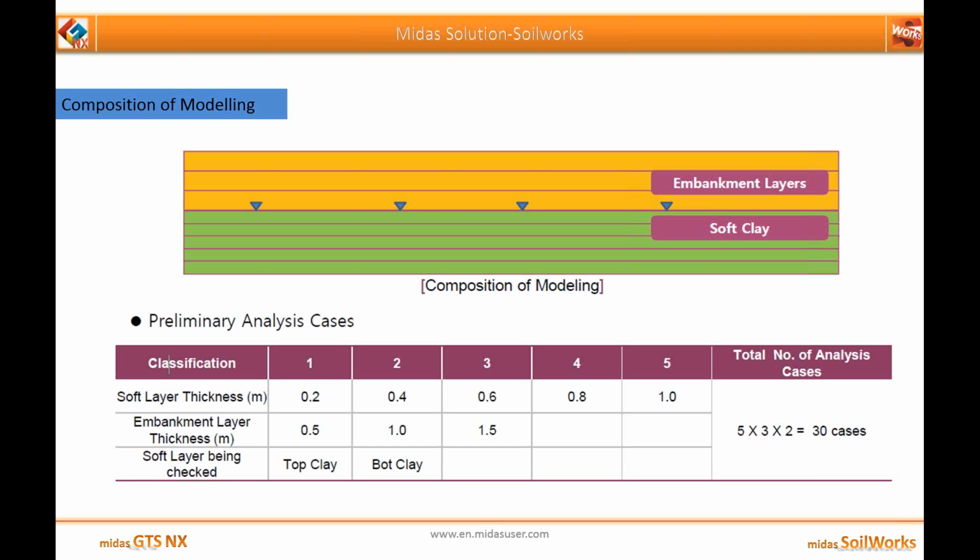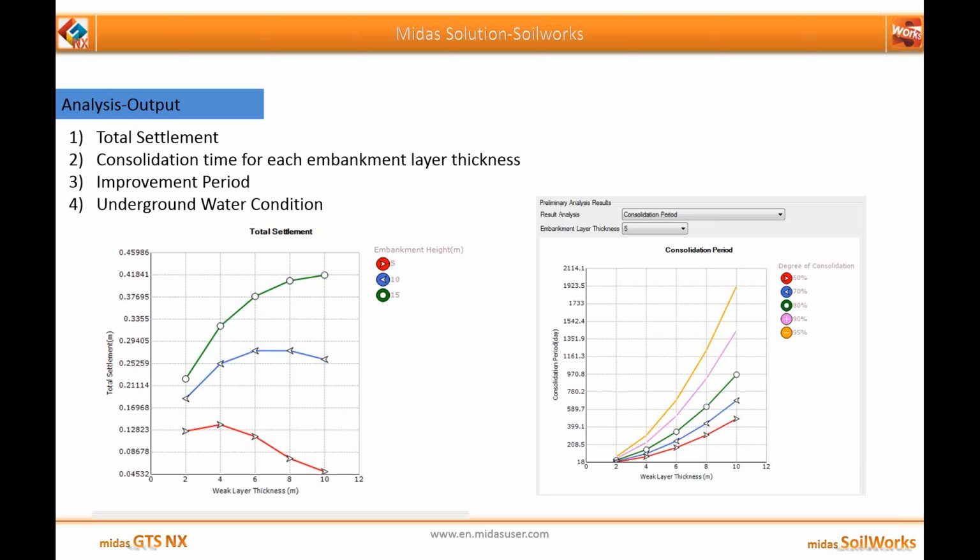For example, the composition of model is like soft clay. So you define soft clay thickness of 0.2, 0.4, 0.6, 0.8, and 1, embankment of 0.0, 0.5, 1, and 1.5. Now you can check it for both top clay and bottom clay. So in total there will be 30 cases generated automatically by the program, and without much analysis time it will automatically give you an output which will consist of the total settlement, consolidation time for each embankment layer thickness, improvement period, and